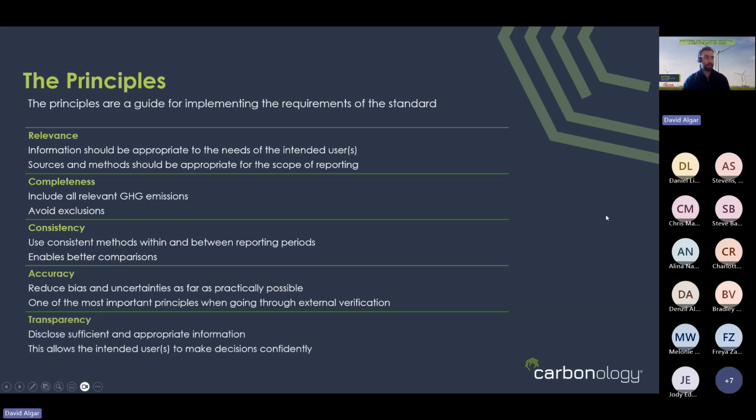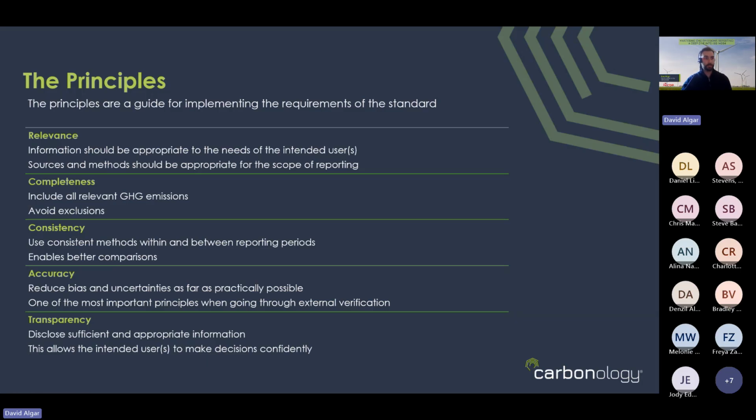And finally, transparency. Again, a bit like completeness, you could say this relates to greenwashing. So basically, be transparent. What that means in practice is, disclose all the relevant information. It doesn't have to be an essay, but you need to be quite honest with your methods, estimates and assumptions. What have you done and how have you got to your results? Again, it's just a way that you can lower the risk of greenwashing, or at least try to lower that